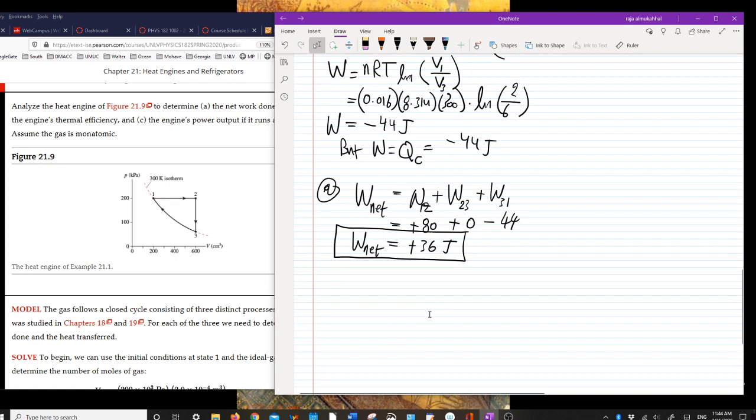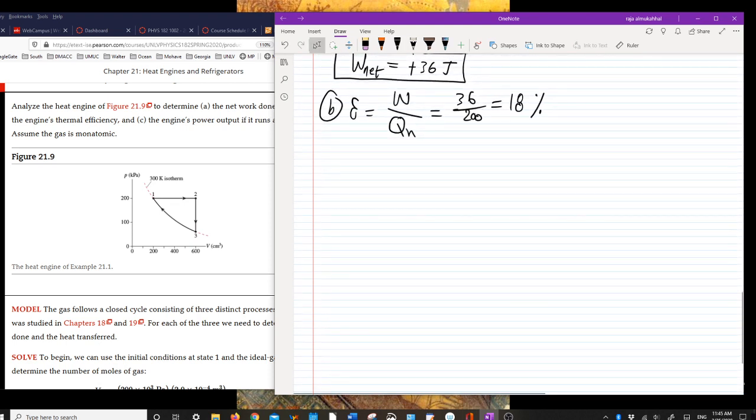So I can calculate the efficiency. It's not much, really. But the efficiency in this case, epsilon, is work over QH, and that's equal to 36 over 200. That will be 18%. Okay? Got it, guys? Okay. Now, part C